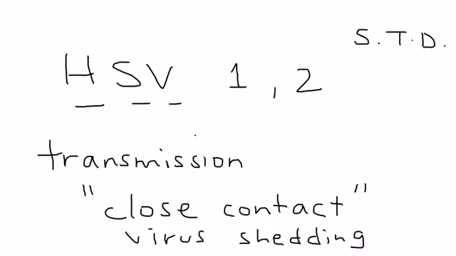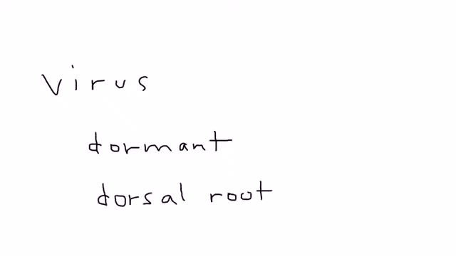Now, what's important about this virus that is rather sad and unfortunate is that it lays dormant in the nerves, and in particular the dorsal root ganglia, dorsal root sacral ganglia. Now, what can happen is that this virus can be reactivated because of some triggers. So periodically you can get a recurrence of herpes,